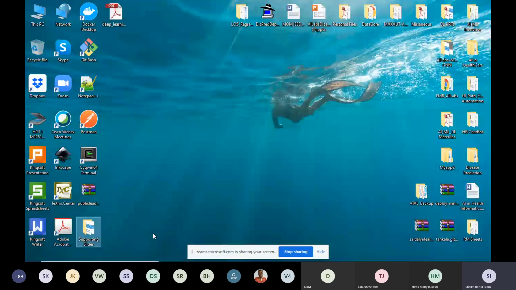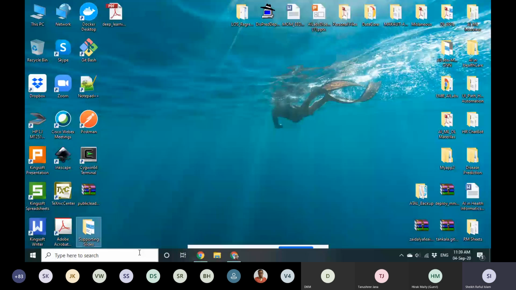To implement those use cases, we will use Anaconda. How to install Anaconda, I will share in a simple document after completing this session. Using that, you will be able to install Anaconda, and assume that we have Anaconda installed.